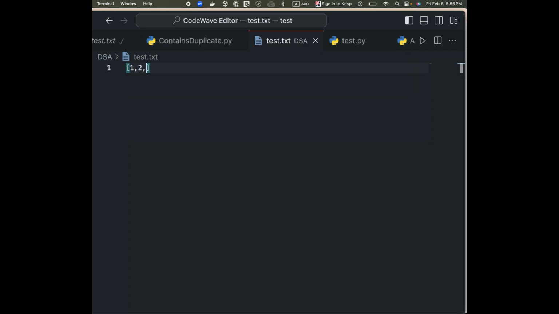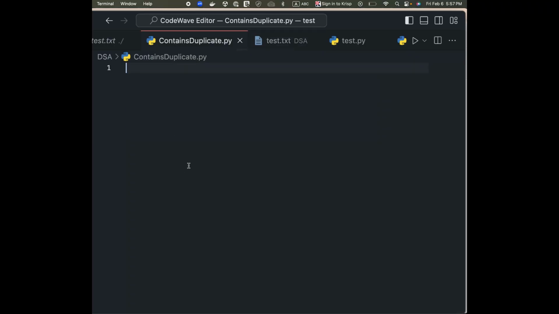So we're given an input of some integers, and if any number in this input appears more than once, then that means it contains a duplicate and we are supposed to return true, otherwise we are supposed to return false. So for example, I give the input as 1, 2, 3, 4 here, right? But now say if we have 2 again over here, that means 2 is appearing more than once, which means it contains a duplicate. So we're just going to be returning true. So it's basically a very simple warm-up problem. So we're going to be solving it in Python. So let me just go ahead and